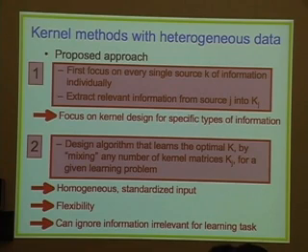Also, it's very flexible. If we have new sources of information that we want to use in this task here, you just basically design a matrix for it and you throw it into the algorithm and you can just rerun it. While if you would take, for example, a graphical models-based approach and you want to model all these sources of information by a huge graphical model, you get another source of information, you need to append something to that graphical model and you need to rewrite part of the code to actually train the adjusted graphical model, while here you just throw in another matrix.